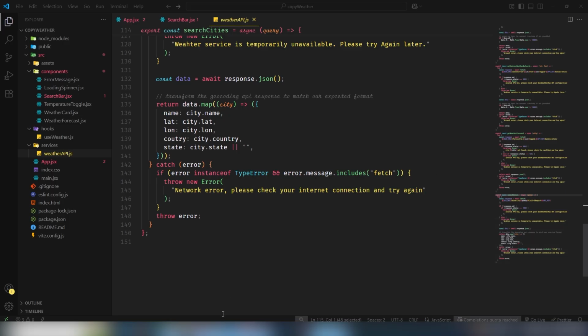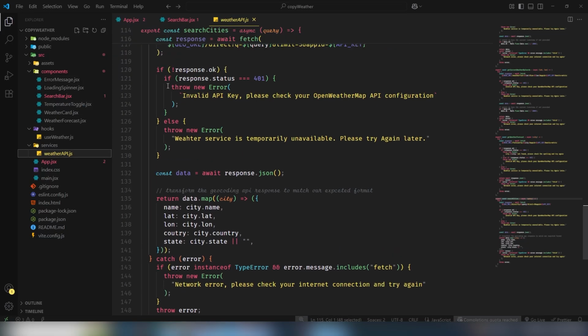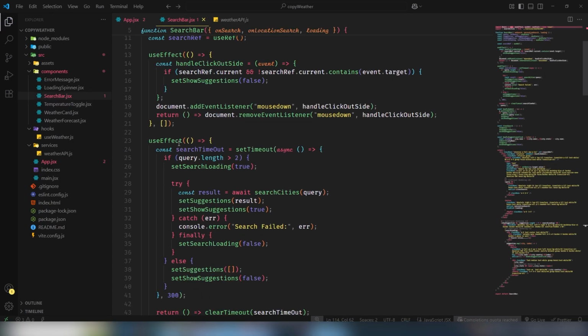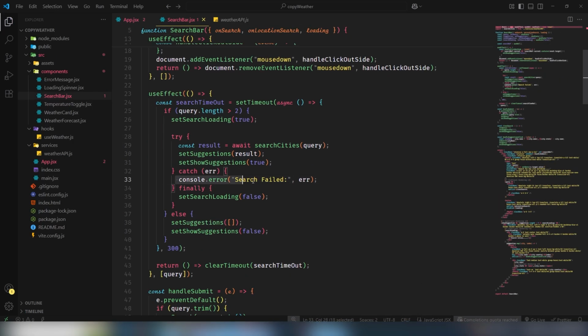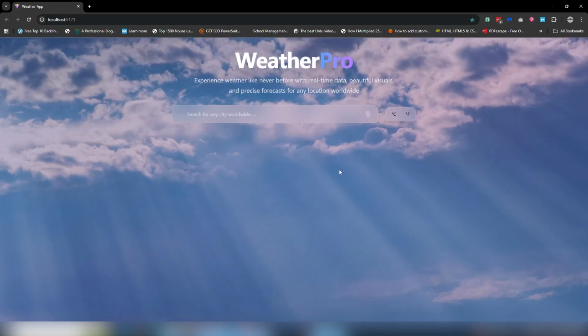I think it's coming from the weather service being temporarily unavailable, guys. Let's check the other error, which is coming from line number 33. So guys, I think this error is coming from the API, so we're going to wait, and once this error is solved, then we're going to work on the next section. Okay,